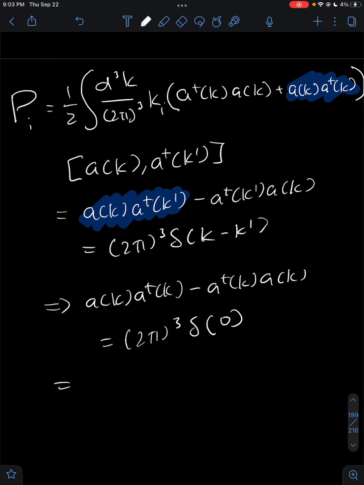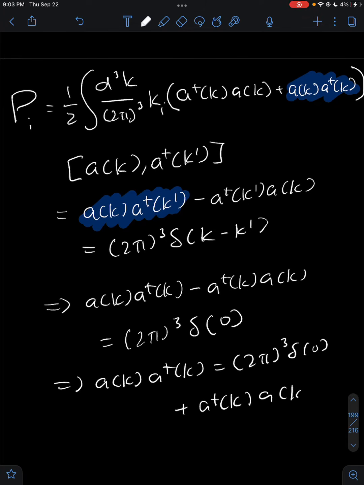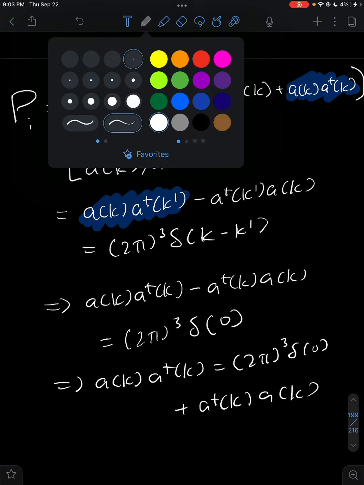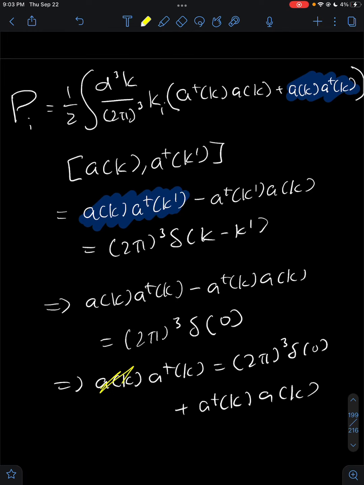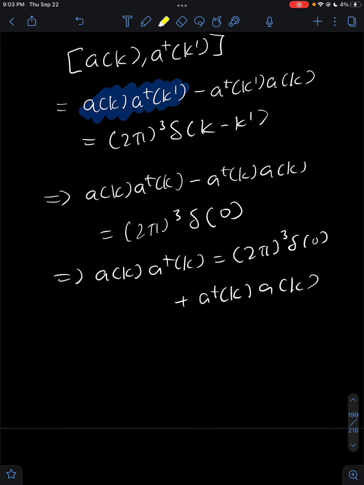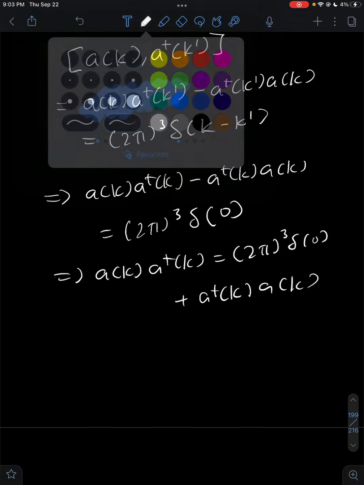So we can now just say that A of k, A conjugate k, equals 2 pi cubed delta of 0 plus A conjugate k, A of k. And again, this is the exact same thing that we have in here. So we can just substitute the expressions. And that just gives us